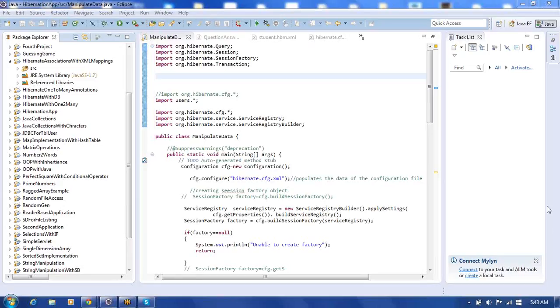No, POJO is not a constructor. POJO is actually a default constructor, right? POJO has a default constructor. POJO is not a constructor. POJO is basically